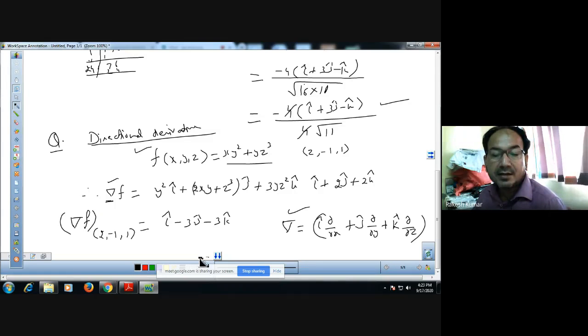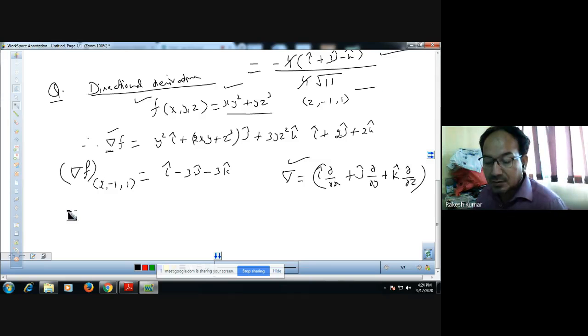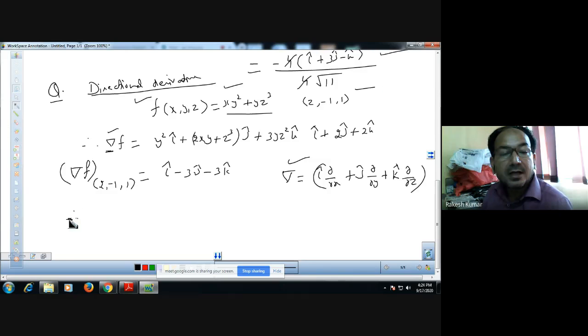So this is the gradient of the surface in the direction. No, not in the direction. This is the gradient of the surface at this point. Now we just need to find out the directional derivative. So directional derivative